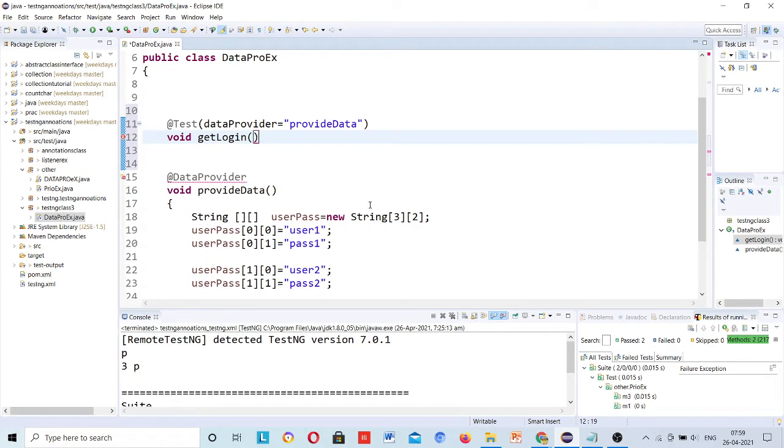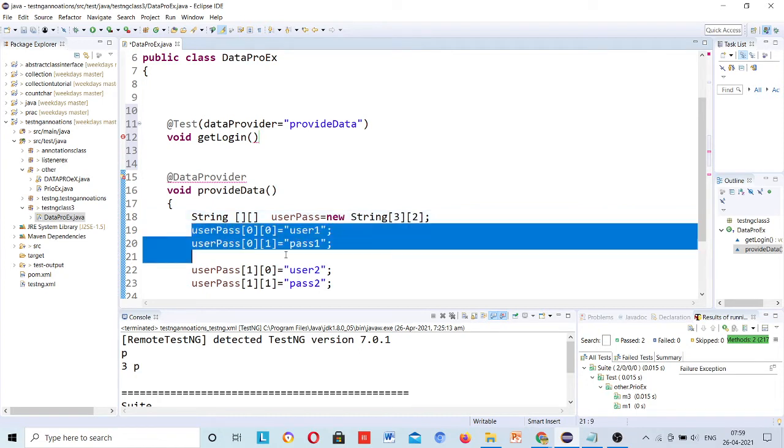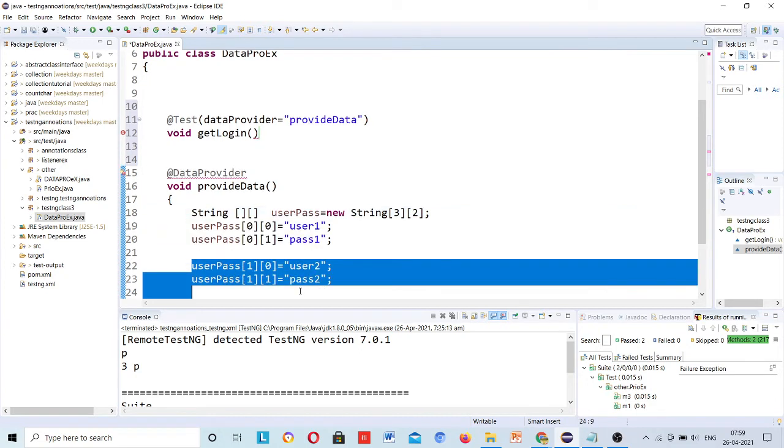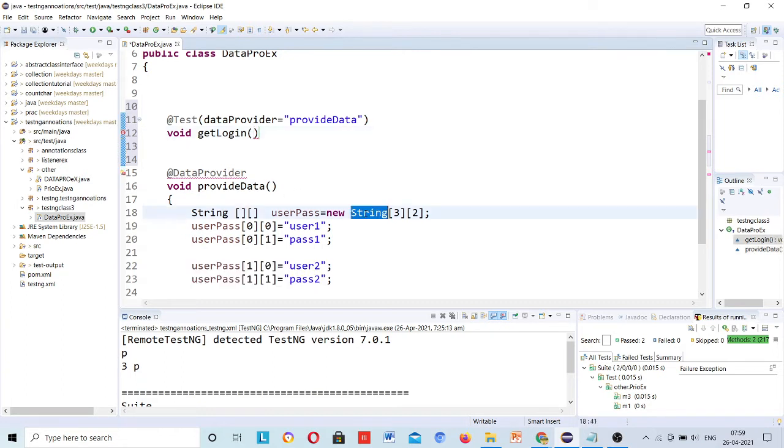See how many values are here? Two, username and password. Each set has two values, username and password, username and password. So what for? String. We will name it here string username. Two variables you have to pass like that, username and password.